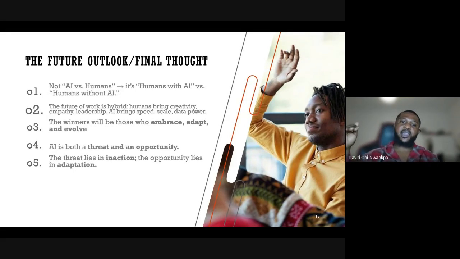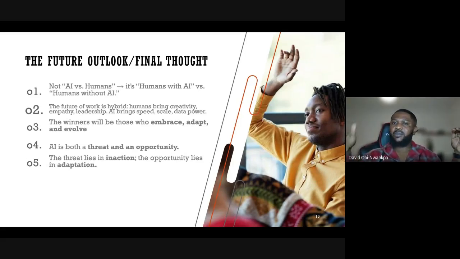Number four is that AI is both a threat and an opportunity. We've mentioned the pros and cons of AI. It can be a threat if you don't take chances, if you don't embrace, adapt, and evolve with the trends of AI. But it will be an opportunity when you've done your due diligence by leveling up with artificial intelligence, taking courses, staying abreast, and making use of it.